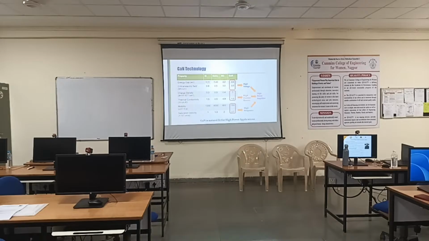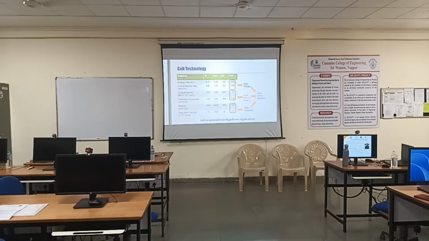You see, 1.11 eV is the energy gap between the valence band and conduction band for silicon, so it cannot operate at higher voltage. But the gap between valence and conduction bands for GaN is 3.4 eV, so it can operate at high voltage. The other parameter is the critical electric field, how many megavolts per centimeter the substrate can withstand. It is pretty high compared to silicon. These two characteristic parameters make gallium nitride a natural choice for high power applications.